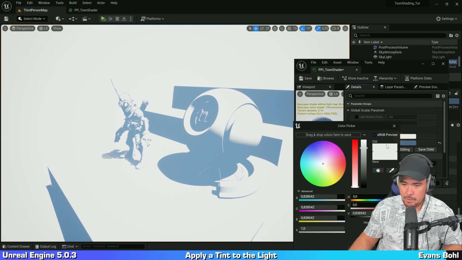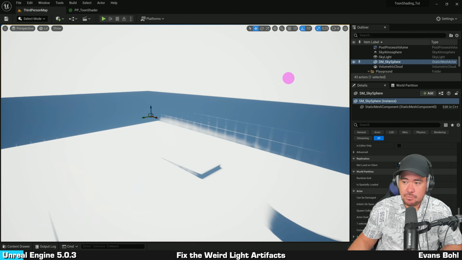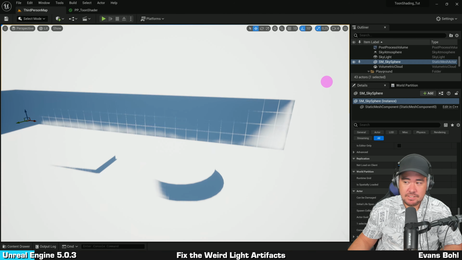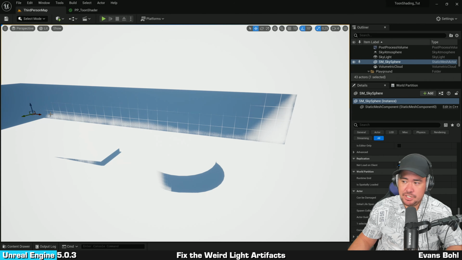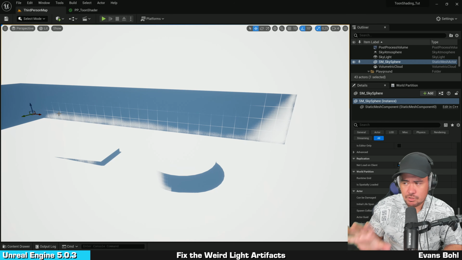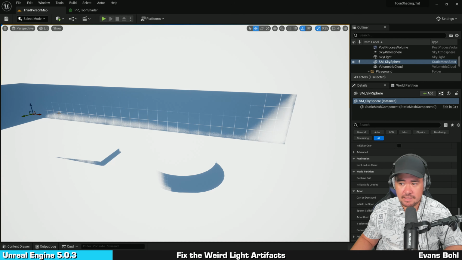However, based on what you need to achieve, you might think that we have a small problem with the shader. Okay, so here it's a bit subtle, but if you try to move the camera around, maybe you'll find some weird artifacts appearing like inconsistent shadows, like you can see right here. So I've investigated this issue and found out that it was due to Lumen, the global illumination solution of Unreal Engine 5. Since Lumen calculates reflections and global illumination in screen space, I think that this causes inconsistency in the